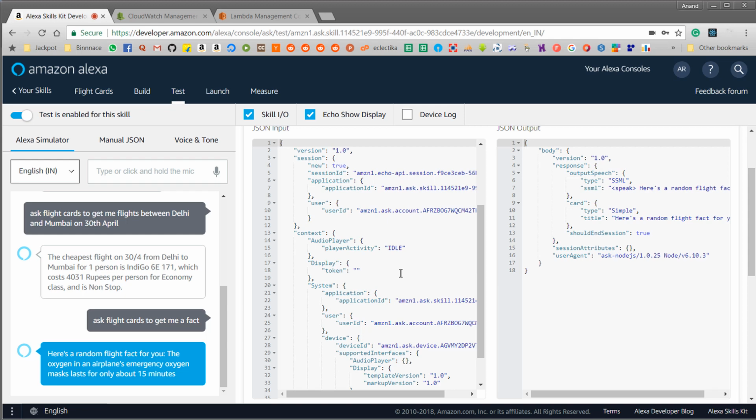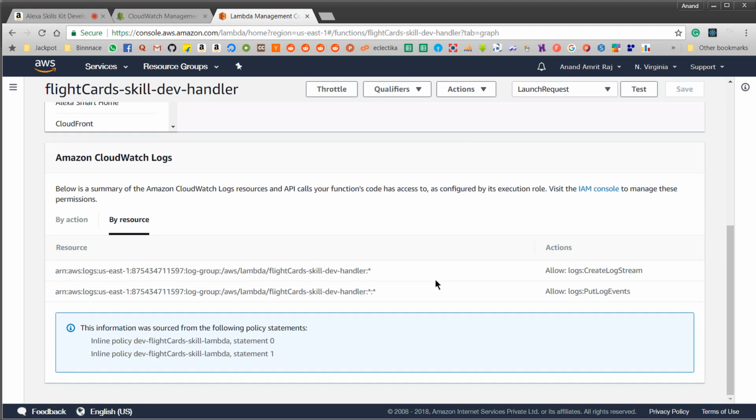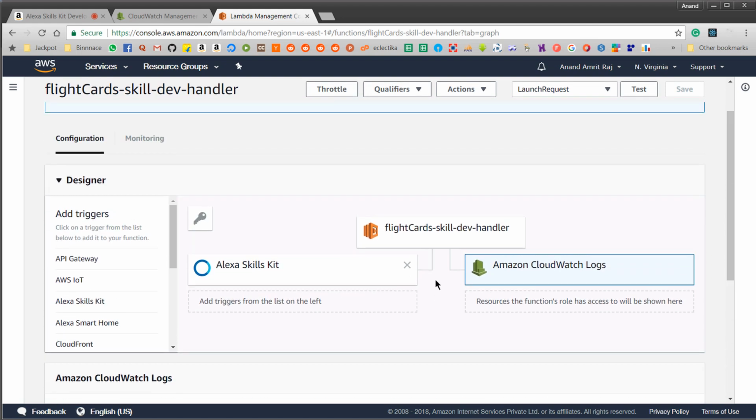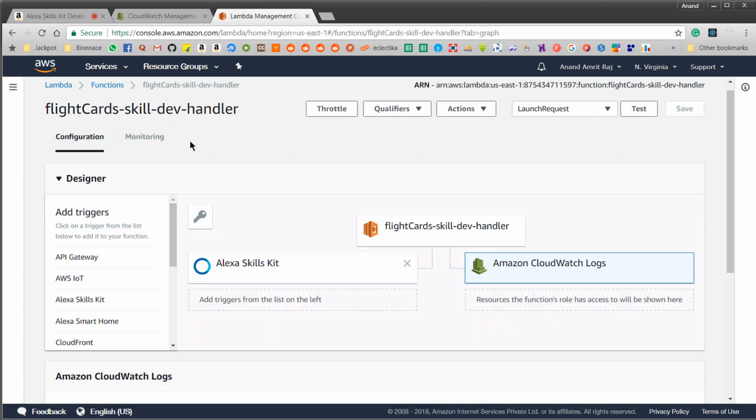So as you can see here, the skill is itself not that complicated and it will take mostly a day to build all this from scratch. At the backend side, we have used Amazon AWS Lambda integrated along with Amazon CloudWatch for logging. Setting it up is really easy, and this all can be done in around 2 hours.